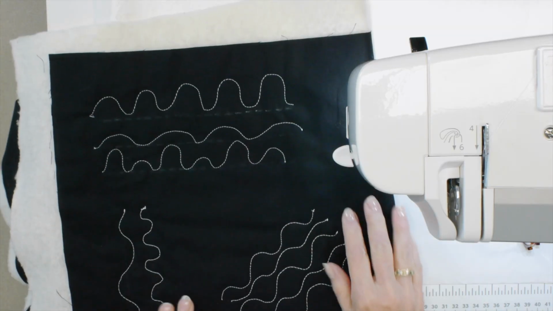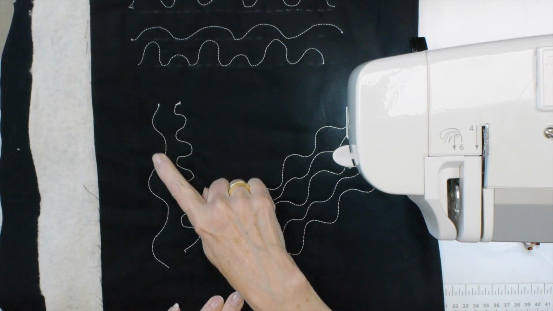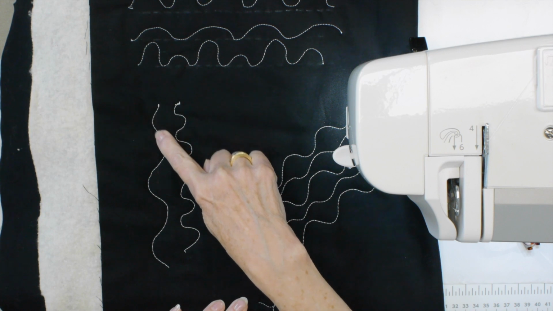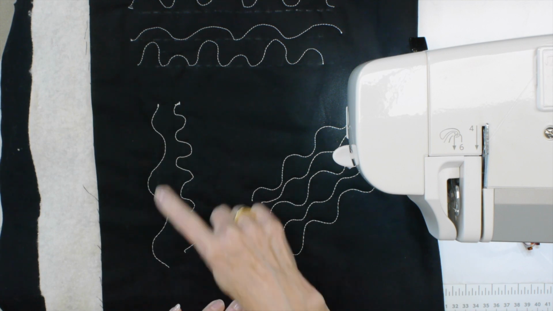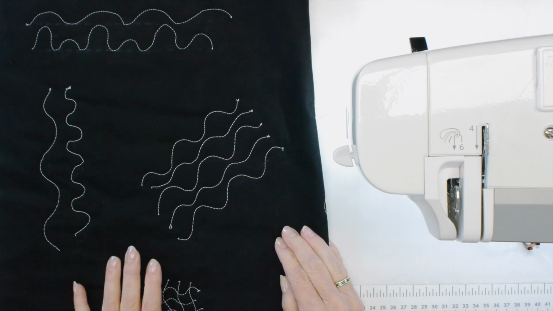So you can vary the width between the waves, you can vary the height of the waves to give different looks. Now you can also combine them together. So for example, here I have a sample. These are vertical ones going up and down. And this one's quite wide waves, not as many waves in this particular line of stitching as there is in this one, where they're kind of shorter and choppier waves. But you can also put them together in groups, and that's really quite interesting too.